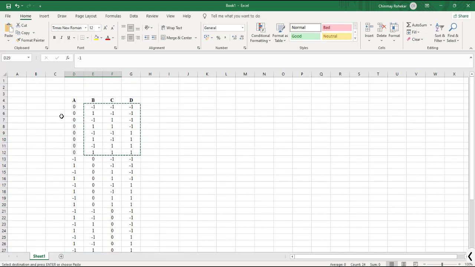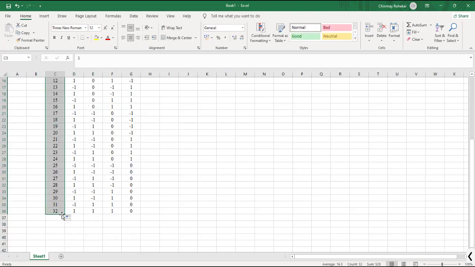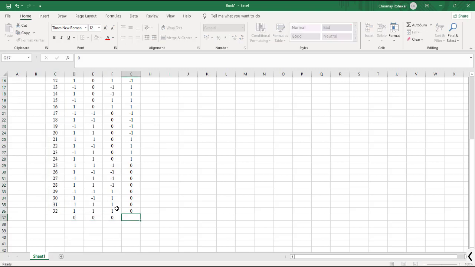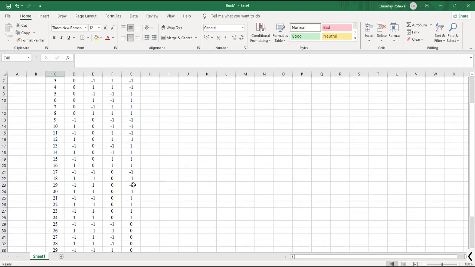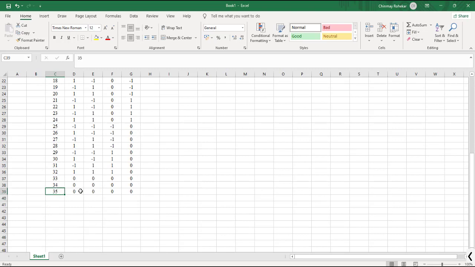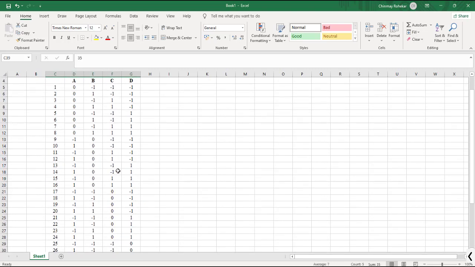Right? So what is the total number of runs? 1, 2, 3. Let us say the total number of runs is 32 plus 3 central runs. Sorry, I just missed one. So here we have 33, 34, 35. So rather than doing 81 experiments, we are doing only 35 experiments. That is why the Box-Behnken design helps us in reducing the number of experimental runs required.